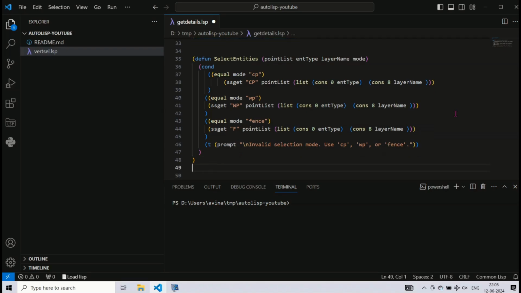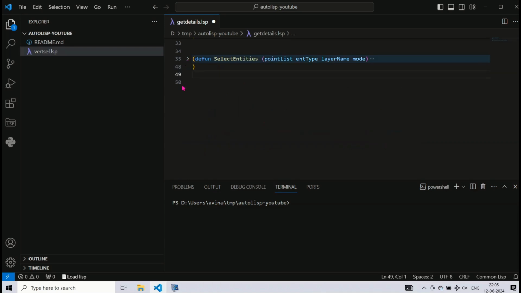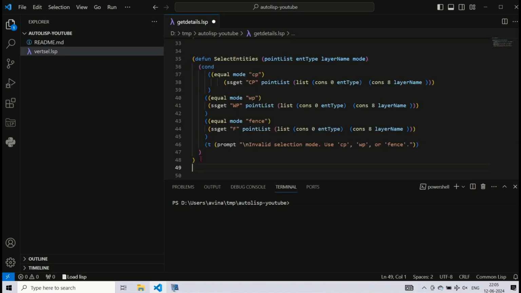So, here is the entire function that gives us entities of a given type on a given layer, partly or fully inside or crossing the polygon boundary defined by the given point list.